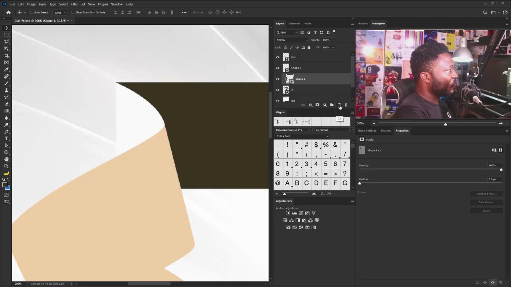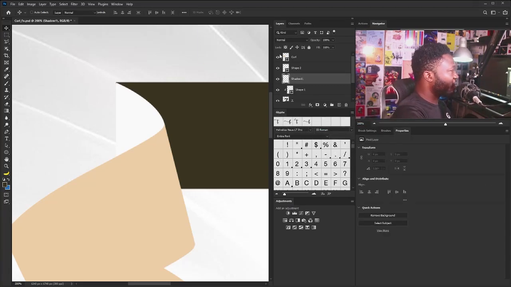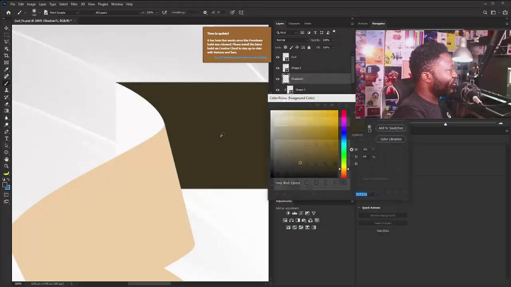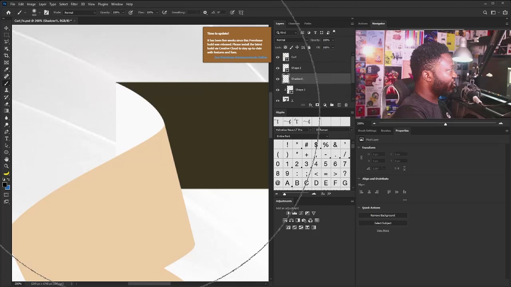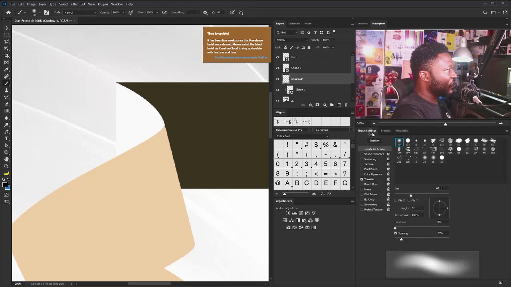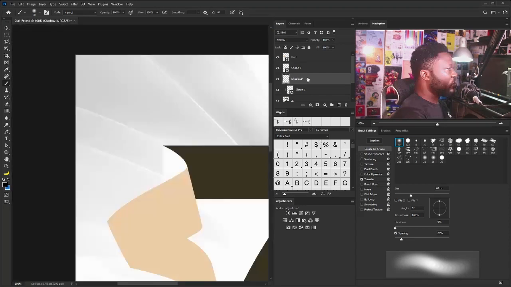So I'm going to create a new layer, and I'm going to call this shadow 1. I'm going to create a lot of shadow here, so I'm going to select the brush tool, and I'm going to change this to black. Just the size of my brush like so. Okay, and I'm going to go to the brush settings, and I'm going to turn on the transfer option here. So make sure my transfer option is checked, and I'm just going to brush like so,